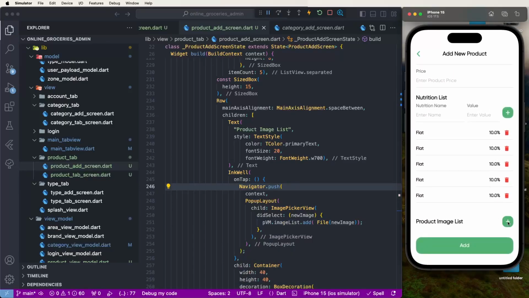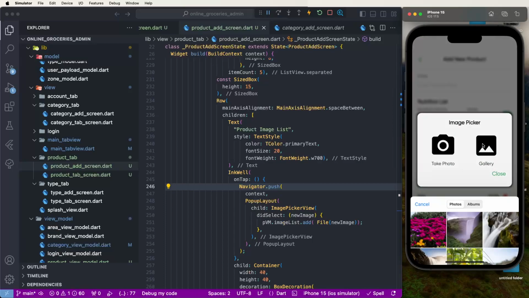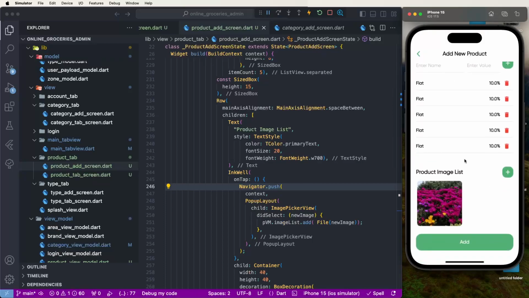Now click on image add, select here the gallery, and select this here image, and look like this here the